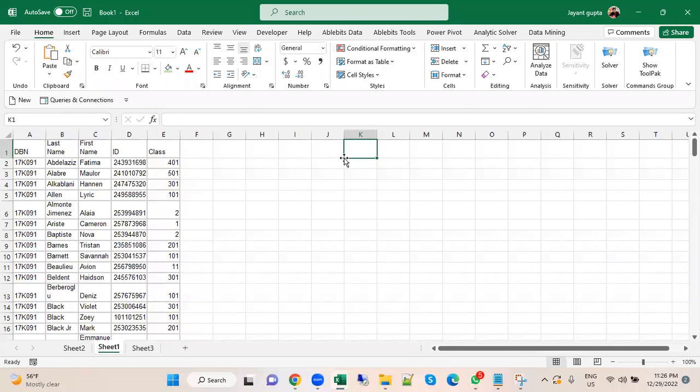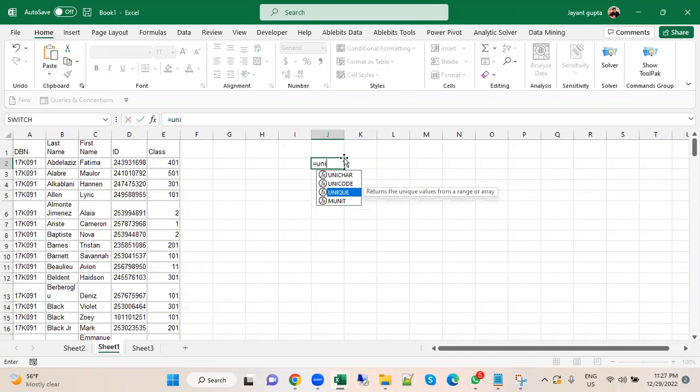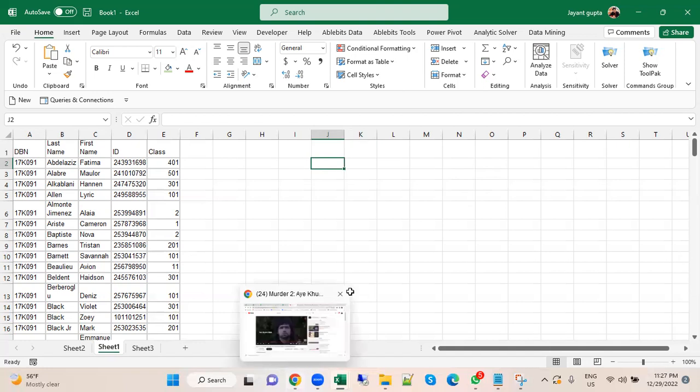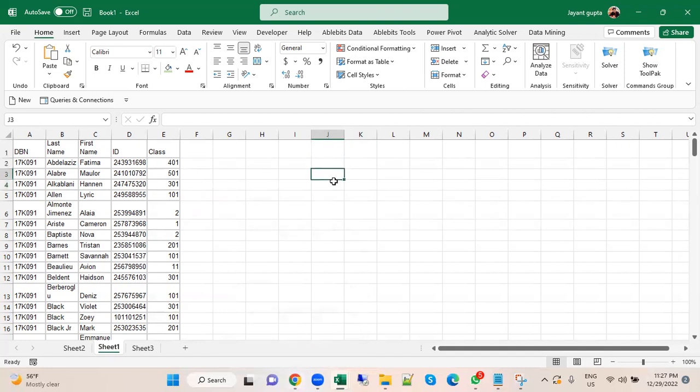My name is Jay, and today we are going to learn the UNIQUE formula, which is a 365 version only. This formula is only going to work on Microsoft 365 product, not on any other version of Excel. Of course, it needs to be a paid version. Or you can also use it on Excel Online, which is a free provider for Excel. I mean, you can go on office.com and you can check out this formula will work on